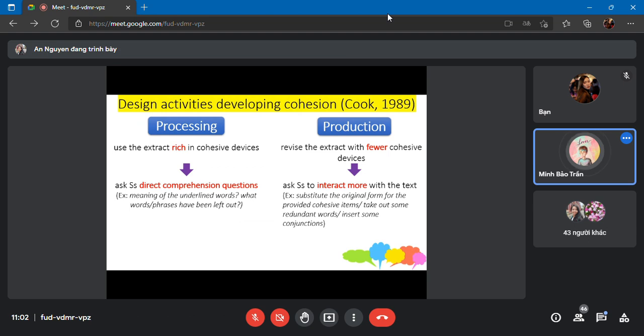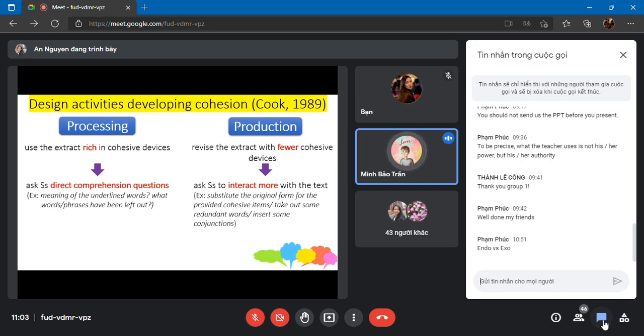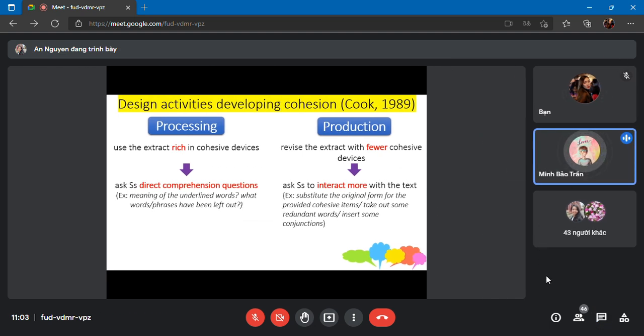Because we will ask the students to interact more with the text, to develop the use of cohesive devices. The suggested activities are, you can ask the students to substitute the original form for the cohesive items, or you can take out some redundant words